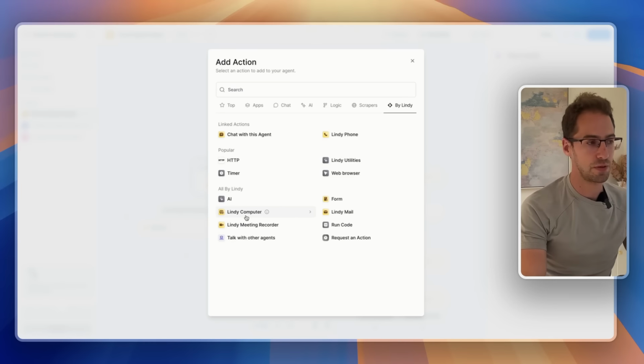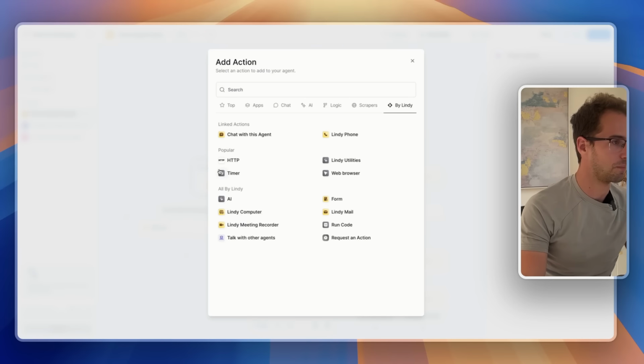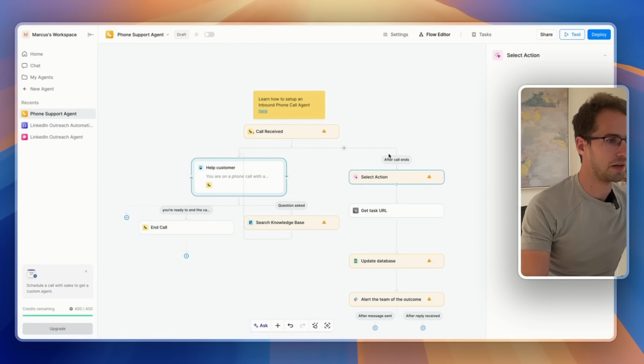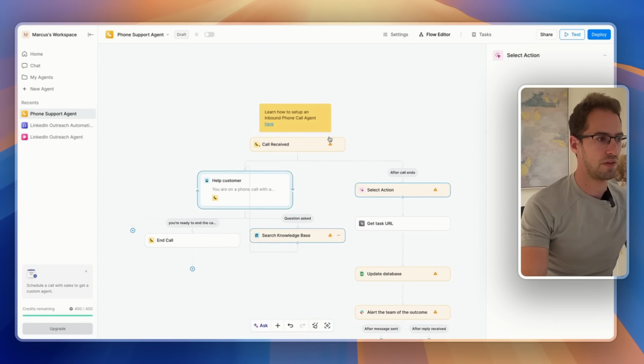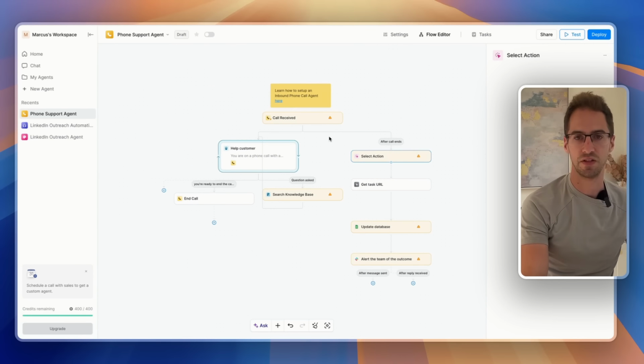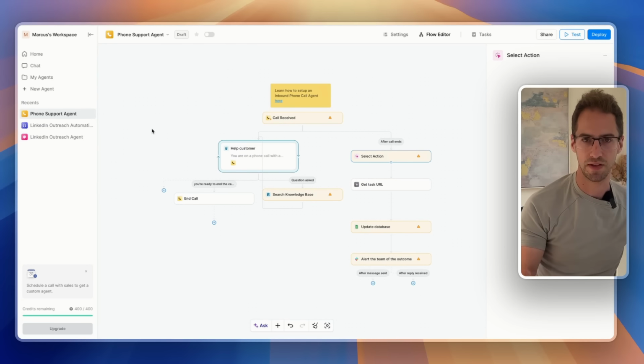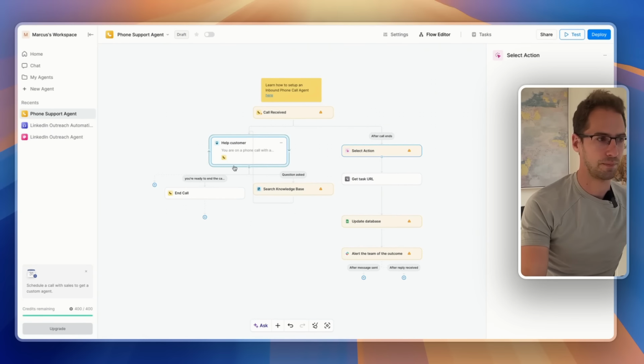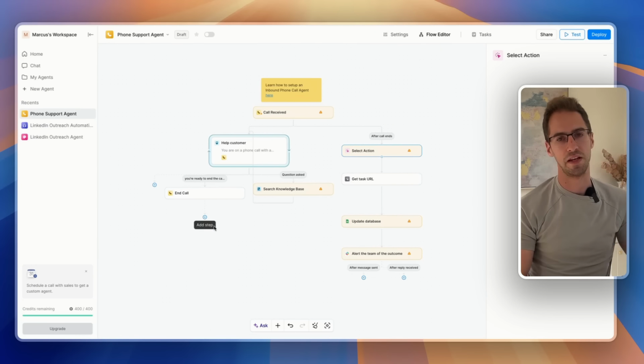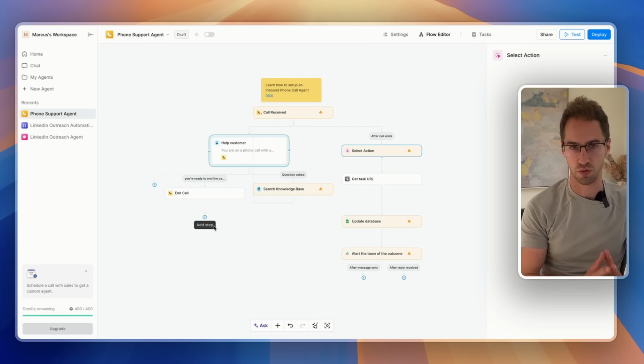I'm going to touch on Lindy Computer later because that's a massive one. But in general, you can see in terms of getting up and running on Lindy, it's very quick, it's very easy, and once you're in, you've got templates and the agent builder, making it really straightforward to get up and running. So next, we're going to talk about one of the most important things if you're using